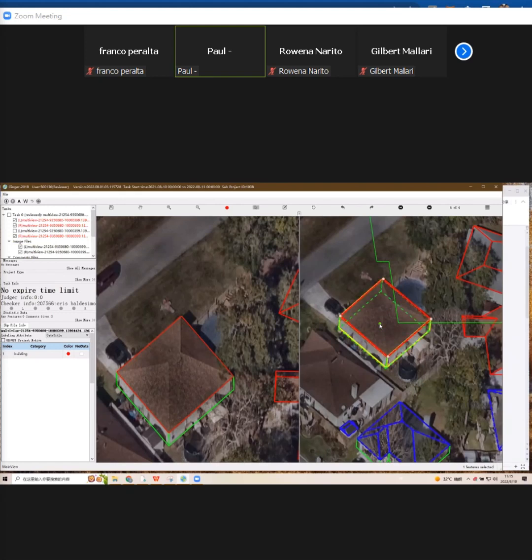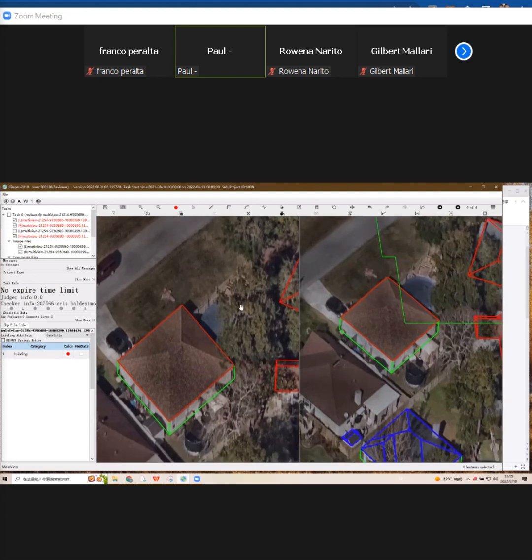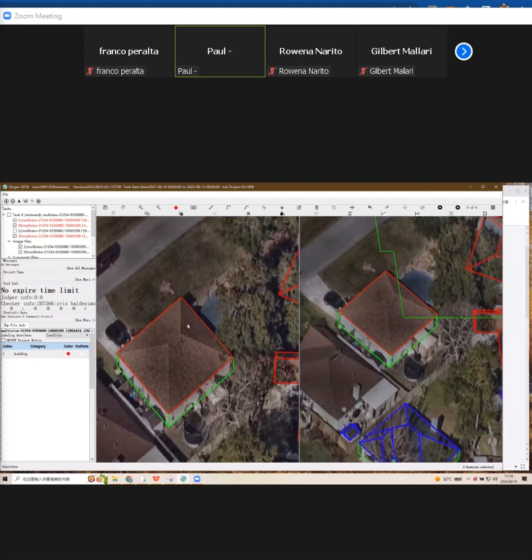And the right image is for you to adjust the height of the building. So including the assist line, including everything, you will need to adjust the height to match it on the right to give it correct height information. Okay, so after we have done the footprint,